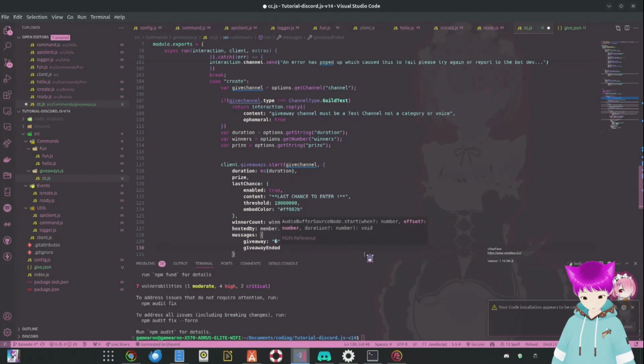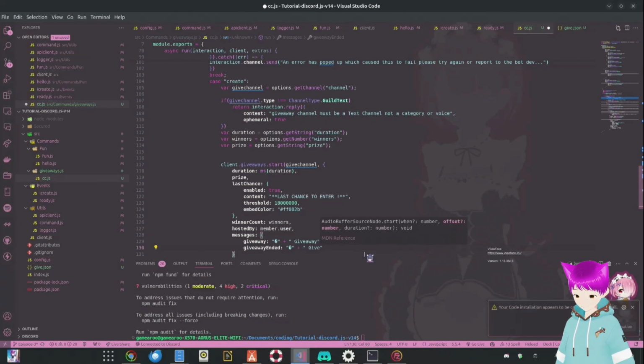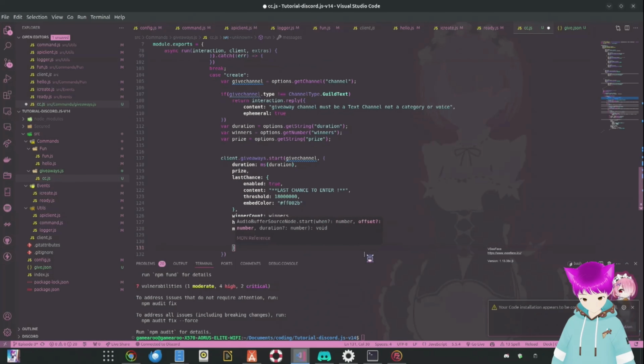So this is when the giveaway ends. Again, you could do that. Again, I don't know why I'm doing it this way, but I'm sure. Actually, I think the reason why is because it used to be done by a JSON format file, not this way, but then I converted it into a command. So you could technically put these together. You don't need a plus sign for that. After giveaway ended,